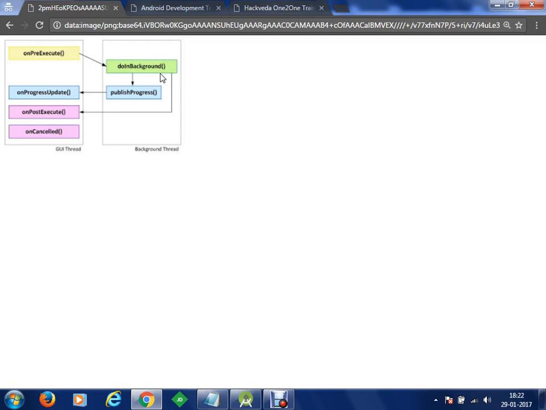This means, let's say if I want to execute a toast statement within doInBackground, I cannot do that. It is not allowed because you cannot access any view controls in the background thread. But let's say I have completed an operation and I want to display the result in a toast, then I will send the result to onPostExecute, and onPostExecute will display the toast. Is that clear? Have you understood?